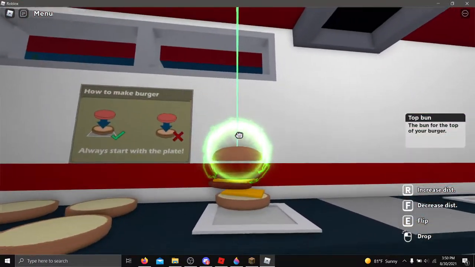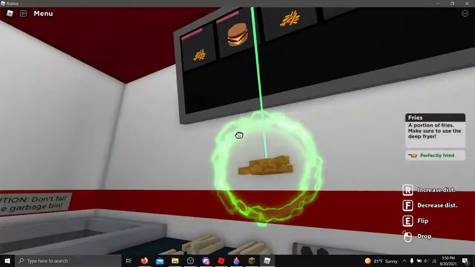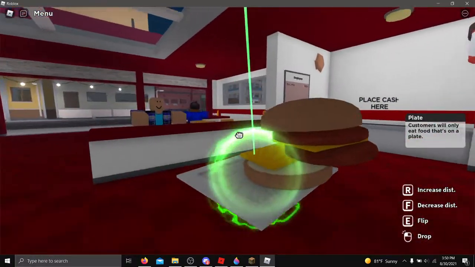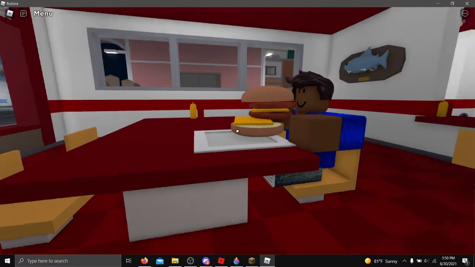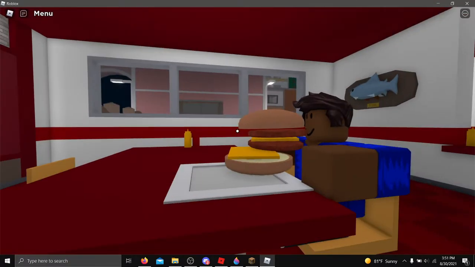Now we put our top bun. We've completed our burger over here. And now we have our perfectly fried fries. We're going to put those right there. And we're going to take this plate over to a customer who ordered this. Where are they? Oh yeah, also make sure you don't give it to the wrong customer. But burgers are $10 and